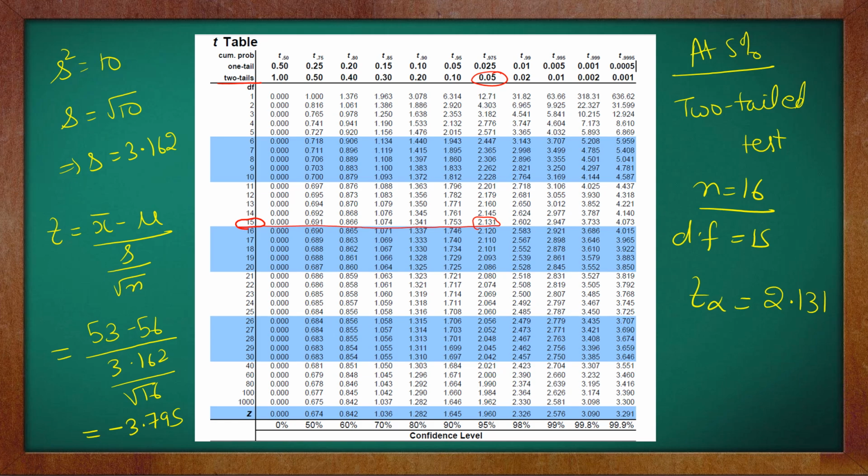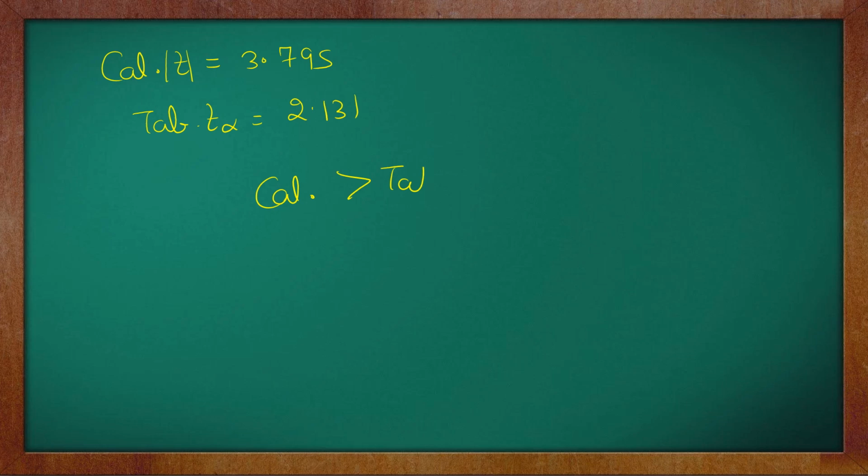So table value is 2.131. We can see that the calculated value of t is 3.795 and the table value is 2.131. So my calculated value is greater than the tabulated value. Obviously, I have to reject the null hypothesis. Done. So in this way, guys, you